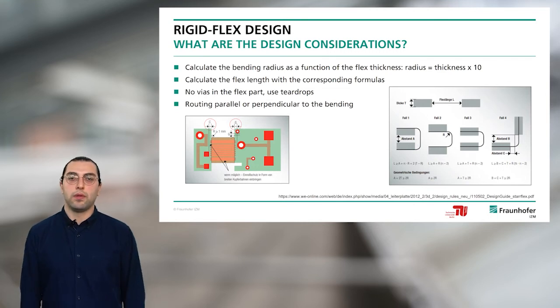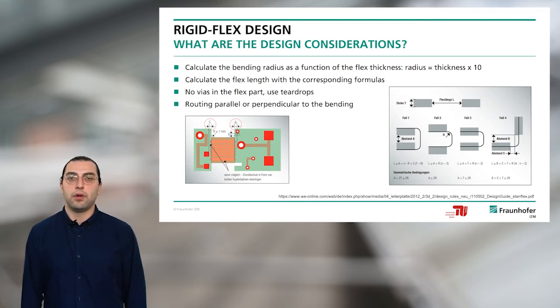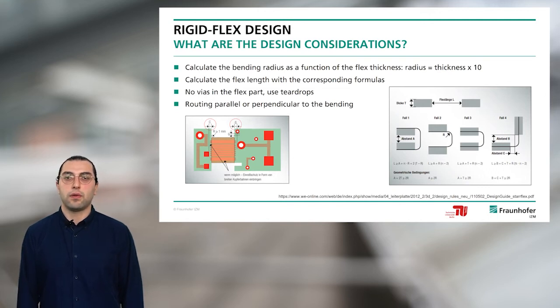How is the device folded at the end? And also for this case, there are different formulas, which you can see here on the right side. And I have also added the link in the slide so that you can look it up yourself